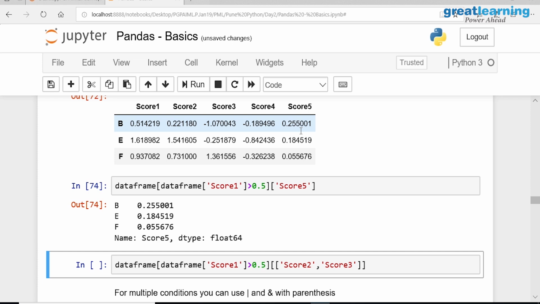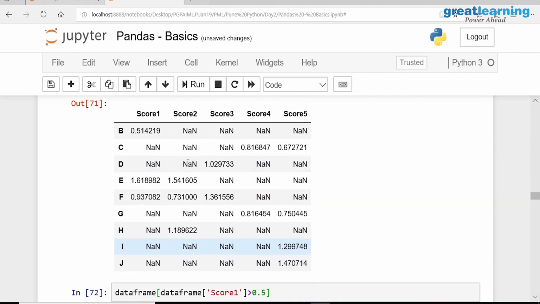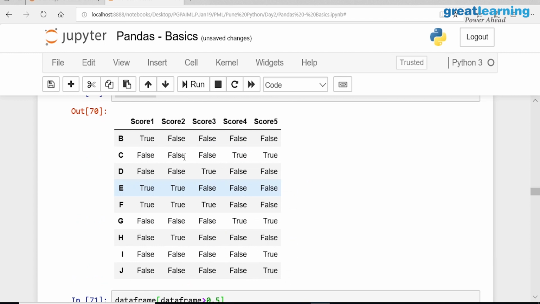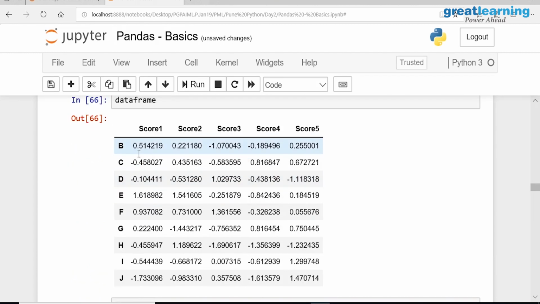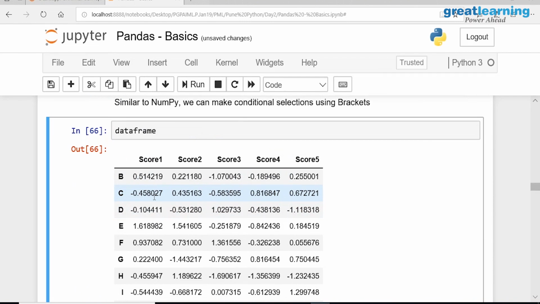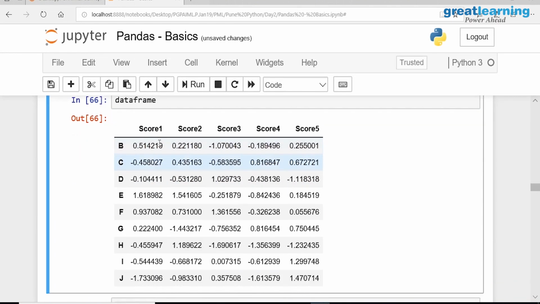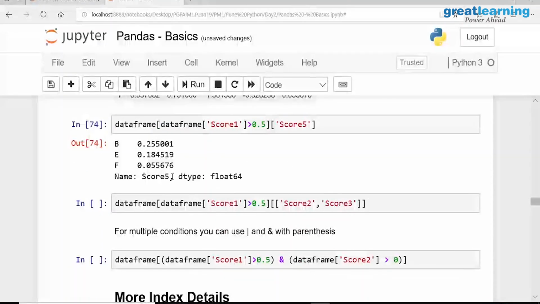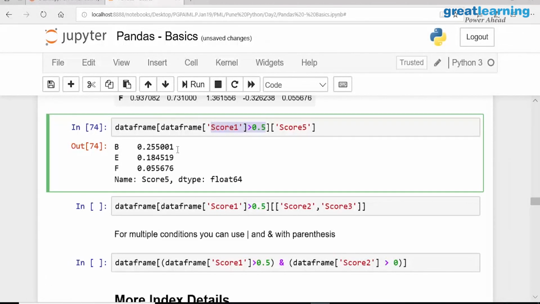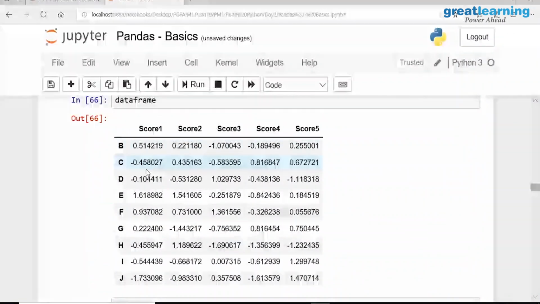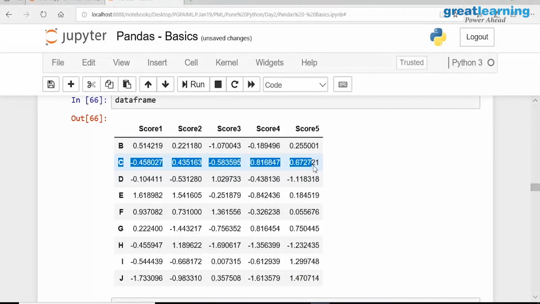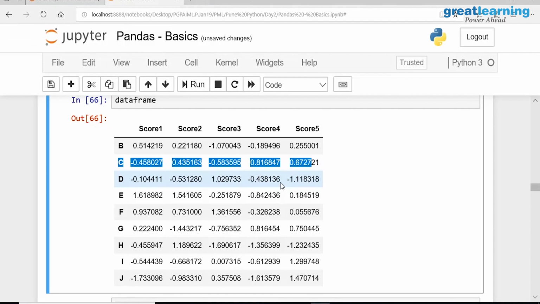Clear? Actually, all these values are lesser than 0.5. Not all these values, actually it has more values, no? If you look at the data frame, there are some values that are less than 0.5. See, what is my condition? Anything with score greater than 0.5. Was there anything that is less than 0.5? This is less than 0.5 only. That means this record should not come. You got the question?